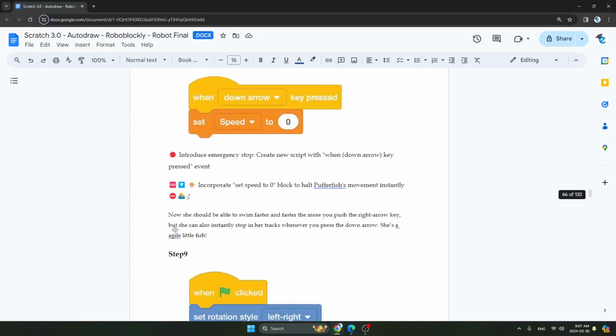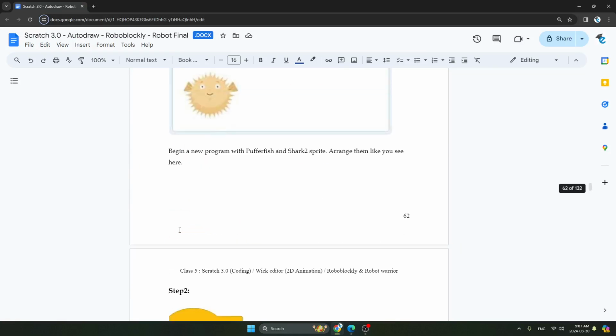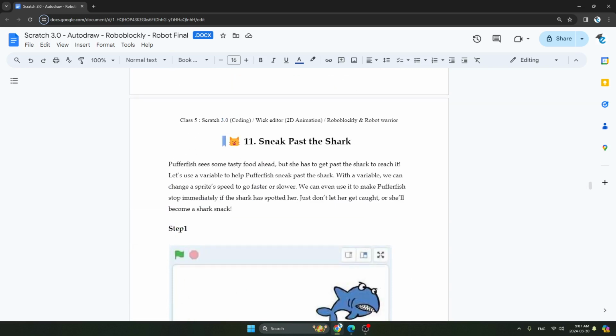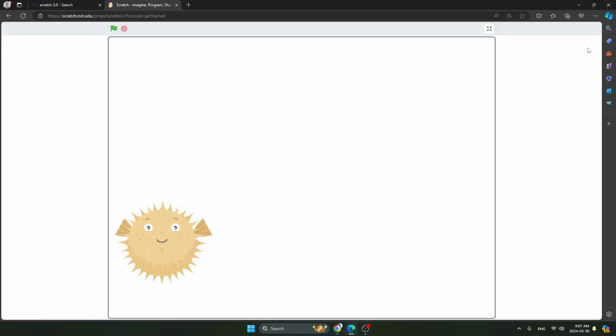Okay, so the coding is completed over here. Now let's see our results. So for seeing our results, now we have to go to our activity page. This is our activity page. So let's see the results. For seeing the result, let's go full screen over here. Now let's see the results. Click on the green flag and this is your result.